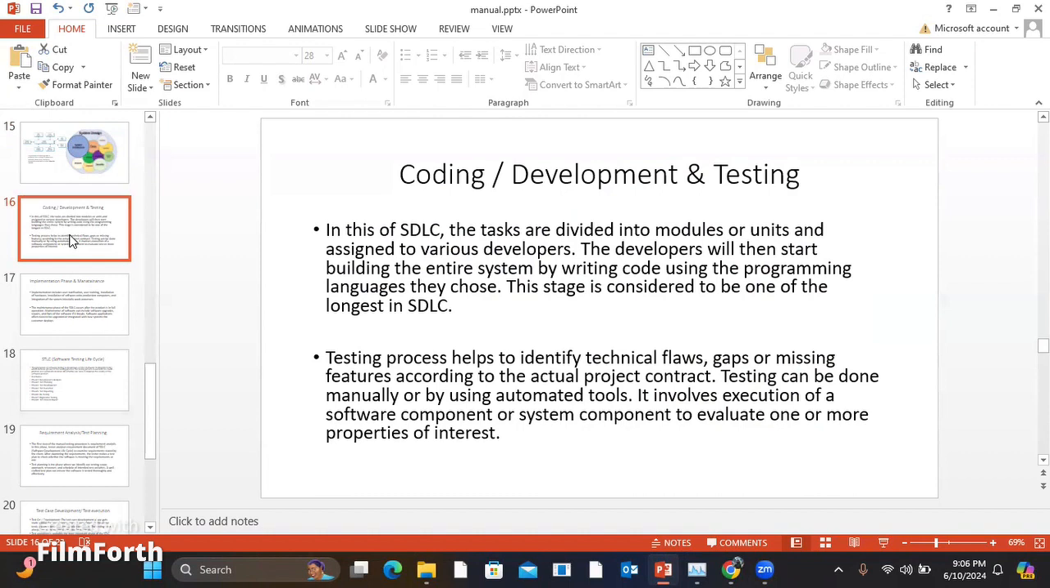So here actually, in STLC it is the longest phase, and the developers start coding and build the entire application. Then next is the testing. Okay, so whatever they have built, is it correct or not? Is it meeting the customer expectation or not? That comes in testing. So here the testing team